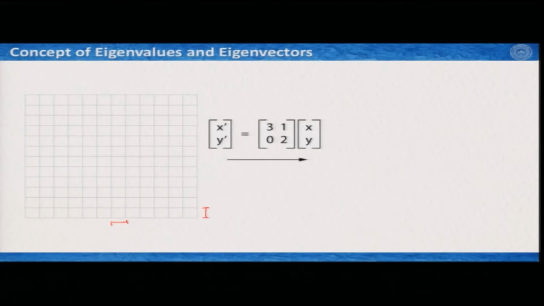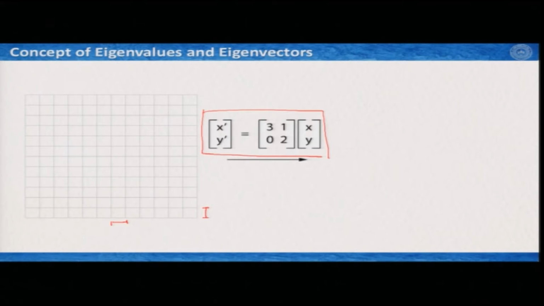So, if I apply this deformation to this grid, what does this matrix, or this equation written in matrix form, tell us? It says that x prime and y prime are a column matrix, then there is a 2 by 2 matrix 3 0 1 2, and then x y is another column matrix. So, this x y is the original coordinate, and x prime y prime is the transformed, deformed coordinate, and this 2 by 2 matrix is the matrix which describes and quantifies the transformation from x y to x prime y prime. Now, this 3 0 1 2 is just an example,